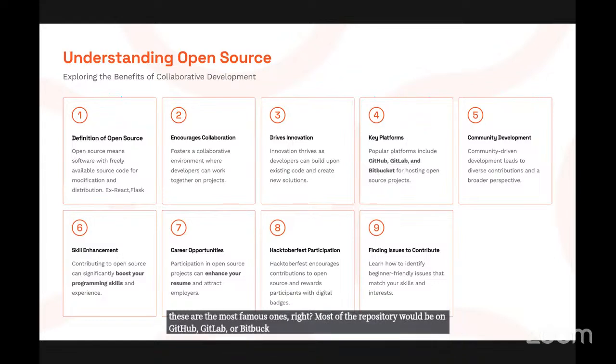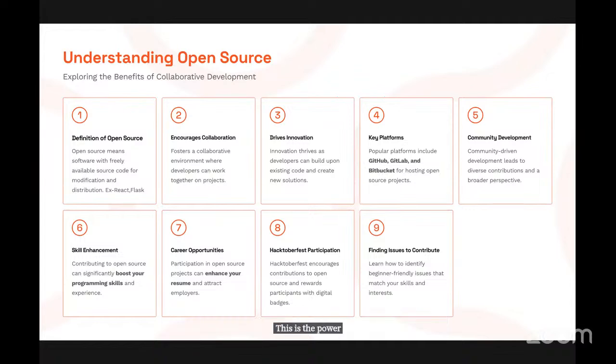Even among these three, GitHub is the most famous one. Okay, GitHub was a startup initially, but Microsoft acquired GitHub in a $7.5 billion deal. So this is the power of GitHub. That is how many repositories and things it hosts on its platform. Okay,